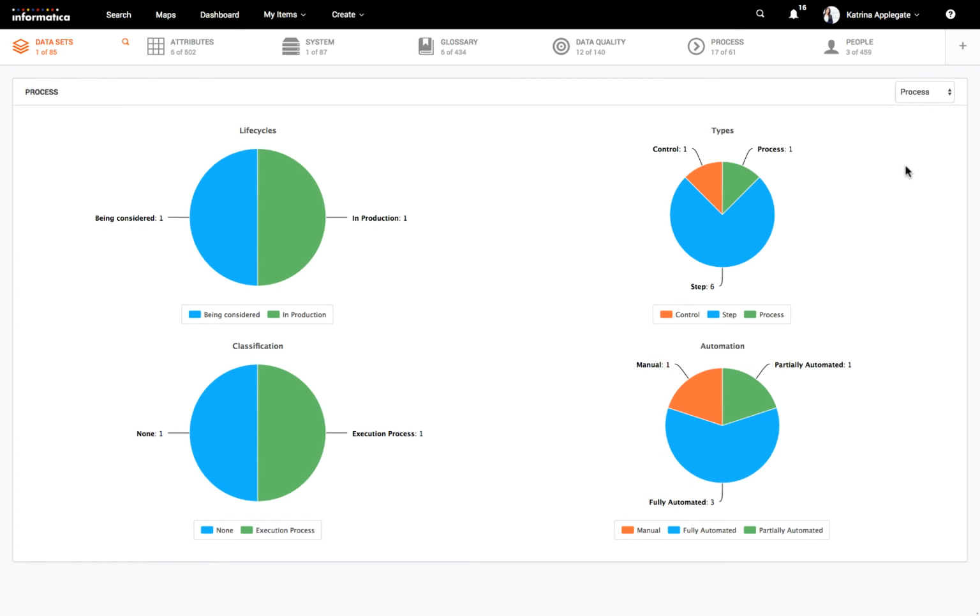Process is also another out-of-the-box graph option we have. This might be useful for Katrina on another day. For example, as BCBS 239 is very interested in what processes are automated, partially automated or manual. It advises that a certain percentage are automated rather than manual, obviously, as that is generally preferable. And here is a very easy way to get an overview of the systems, of the processes related to the